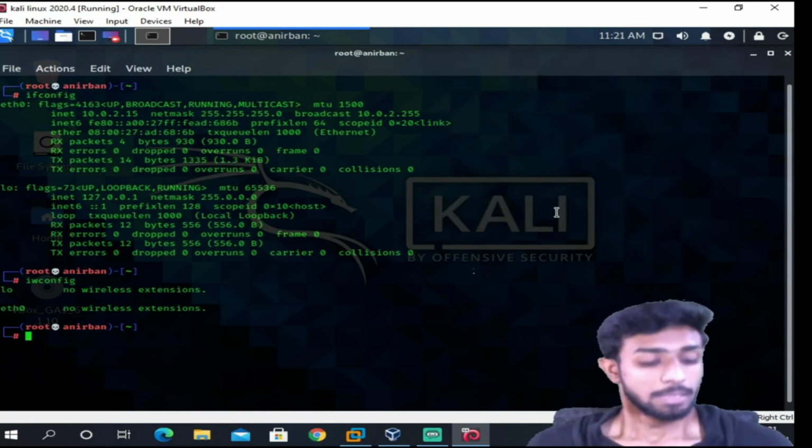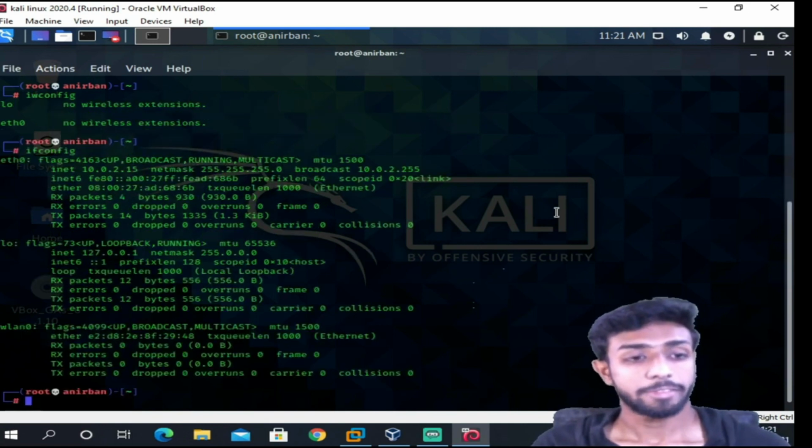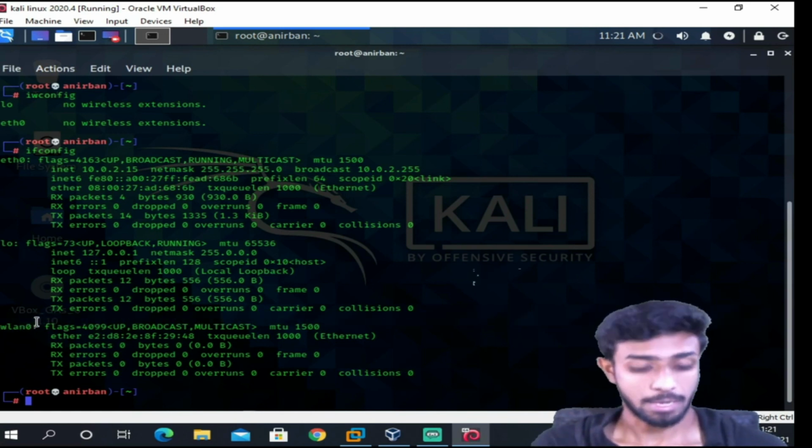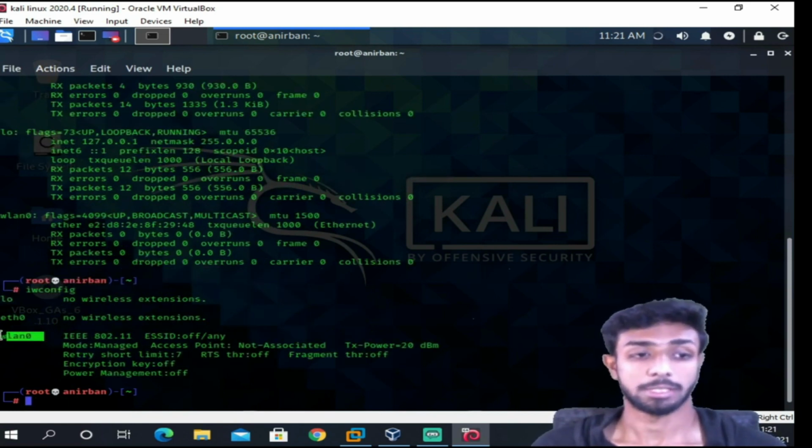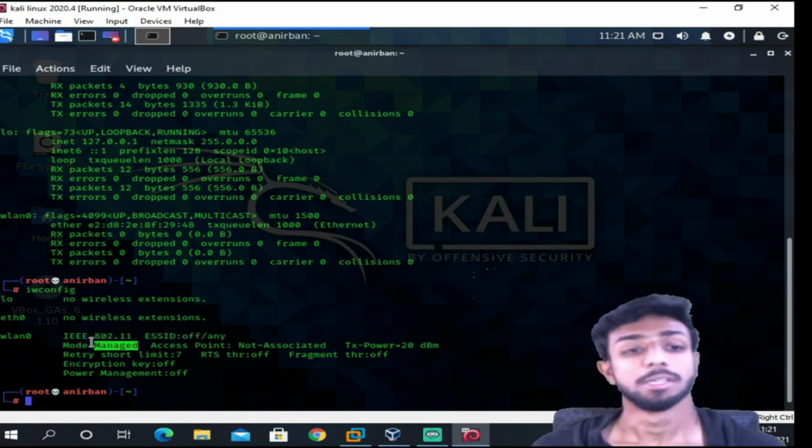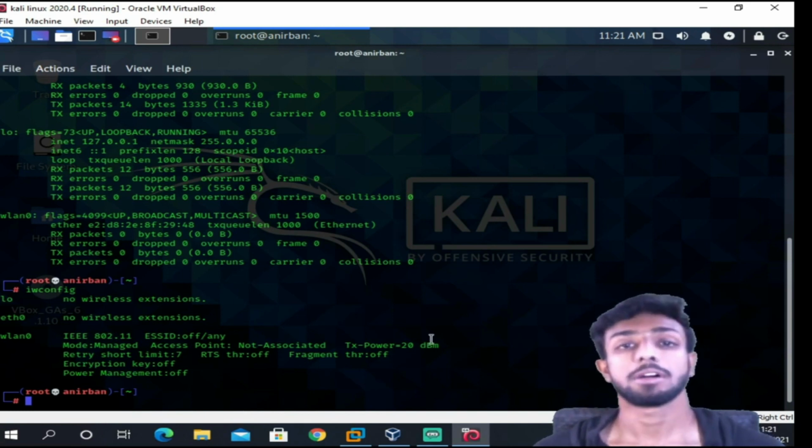Again, if I type iwconfig, this time you can see we got wlan0 over here, a Wi-Fi interface. If I type iwconfig again, you'll be able to see all the details of this wlan0, like what the access point is, and that it is in managed mode. So this is how we can do it. It's pretty simple. Now if you're using